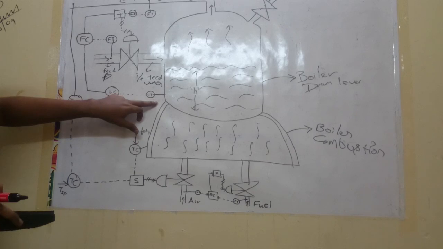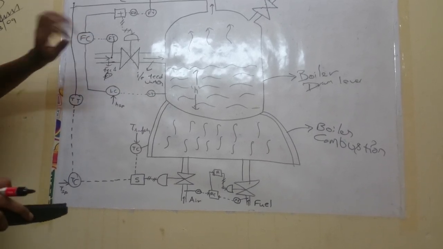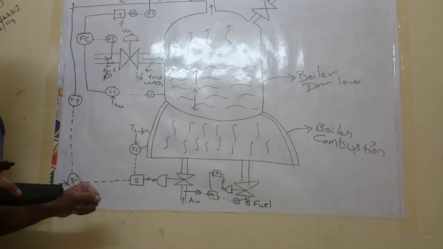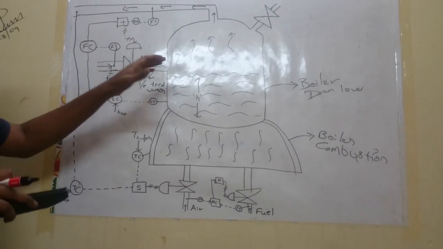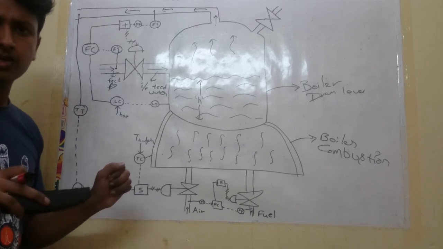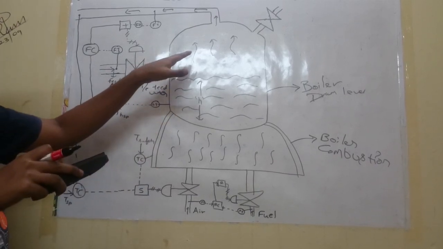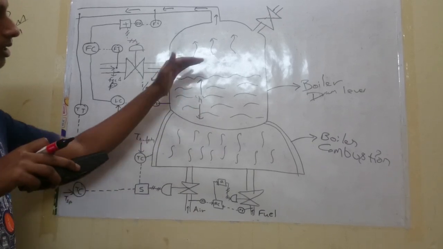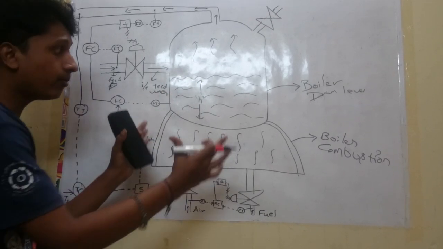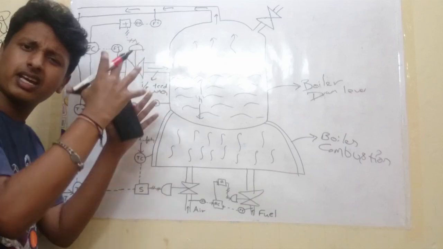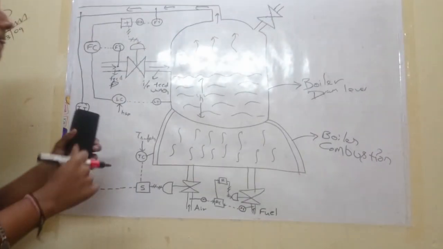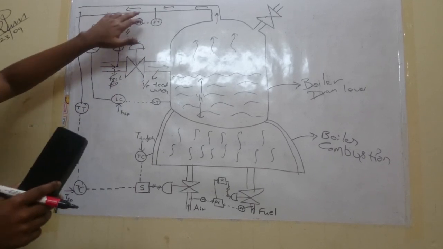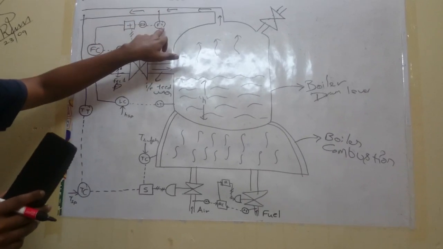Cascade control structure, this is the cascade control structure. But you may have a doubt: why are we measuring the output steam flow? Because this is also a disturbance. If the steam is increased, then the level in the water will be decreased. If the water level decreases, the energy will be taken by the boiler, and it will blast. So if we can control the steam also, we are also measuring the output flow